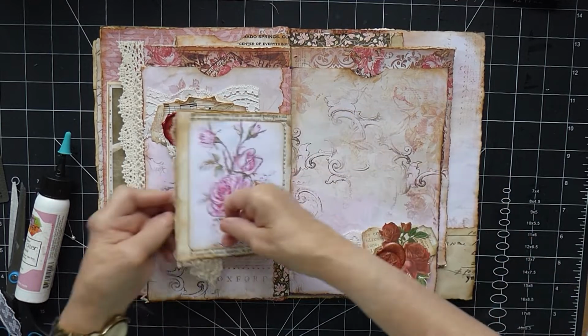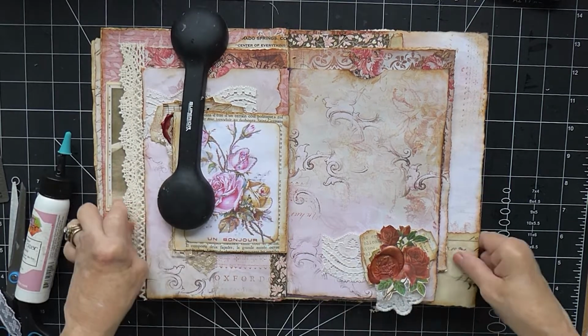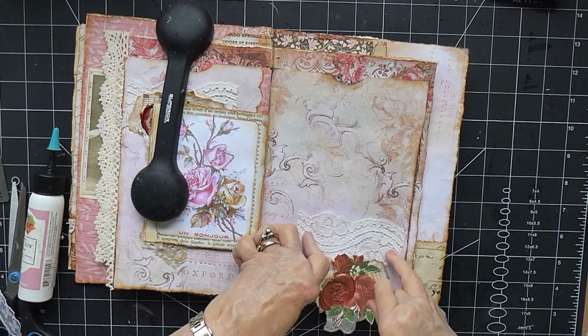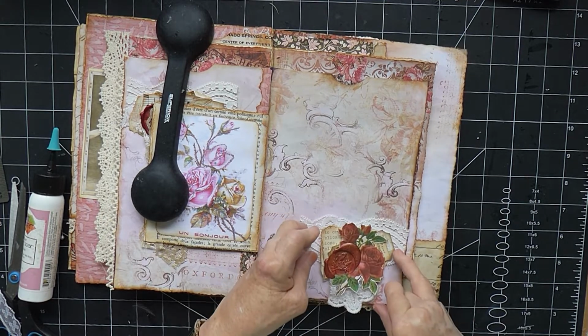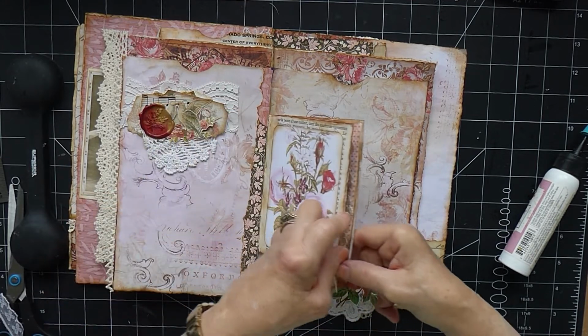And then I'm going to move that over there. We'll do a little bit of decorating in the middle as well afterwards. But I'm just going to put this one down. I'm going to do the same thing. I've got the same bit of lace to go behind. It's the last piece of that really pretty lace. I don't know where I got it. It's probably Hobbycraft lace. Right, so I've got that one on there. And then in the middle,